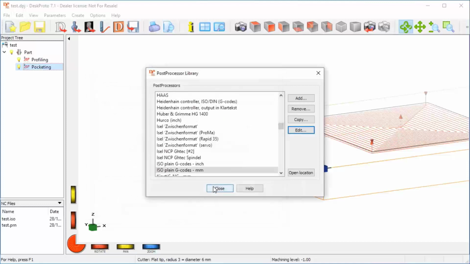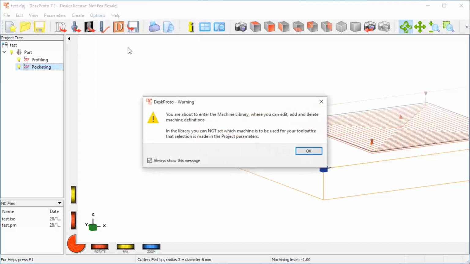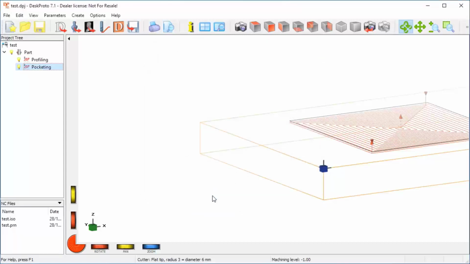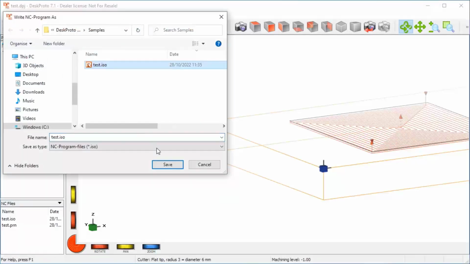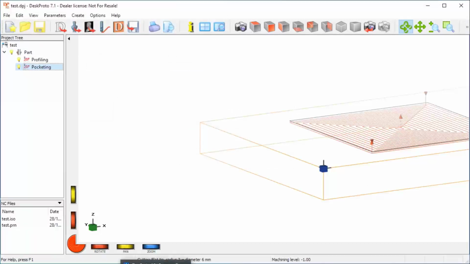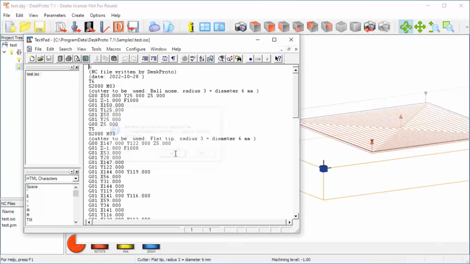That's sufficient. And what I also need to do is in the machine definition, I'll tell that the machine has a tool changer of sufficient positions. So say we can load 10 different cutters. Okay, and now I can again save the NC file. I'll give it the same name. Will I replace it? Yes, I want to replace it. It has been written. I go back to my text editor. It has been updated. Yes, want to load a new file,